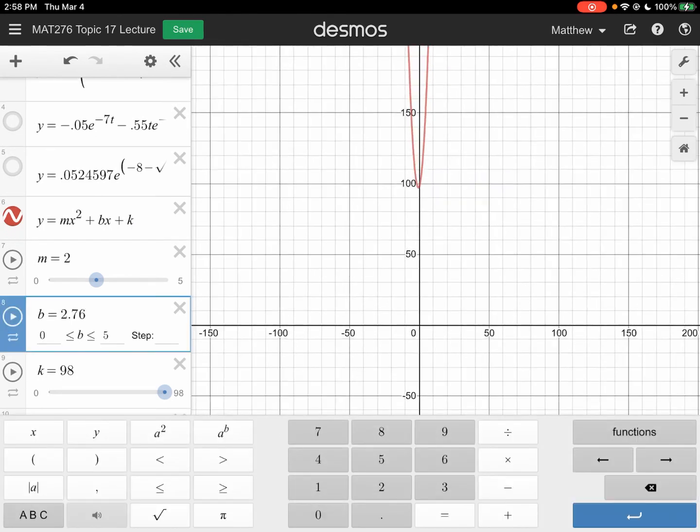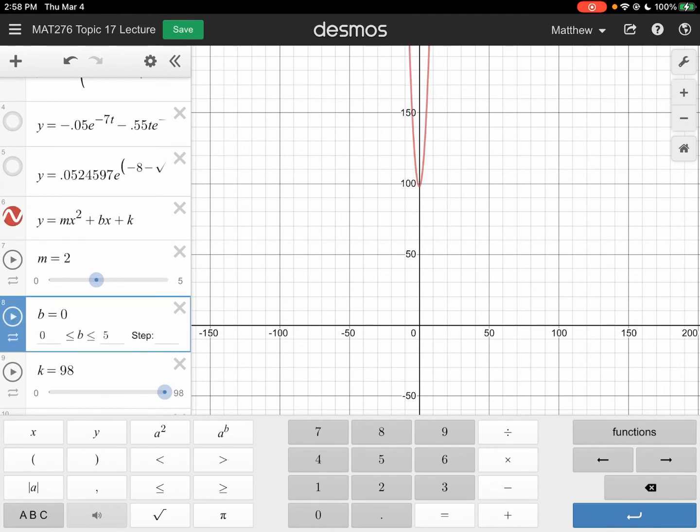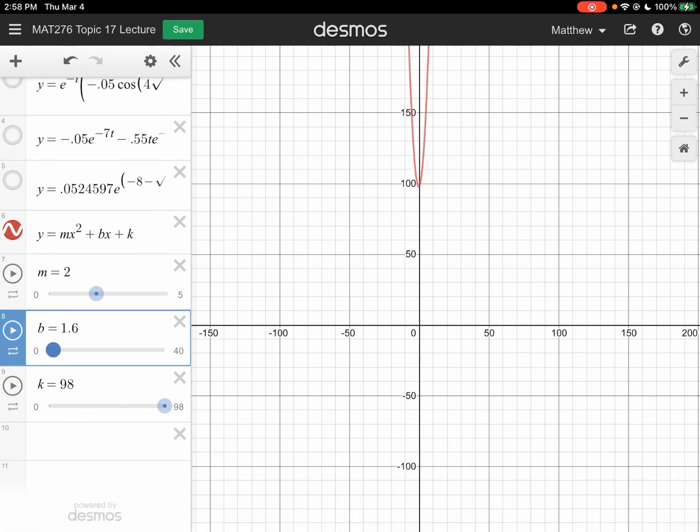And the b, when there was no damping, we just had a 0, and we had a parabola with its vertex on the positive y-axis. And then as b increases, let's allow b to get as large as 40, and I can use the slider. Notice what happens. Our parabola just moves and moves. So if b is something like this, notice that the parabola has a vertex in the second quadrant, and so